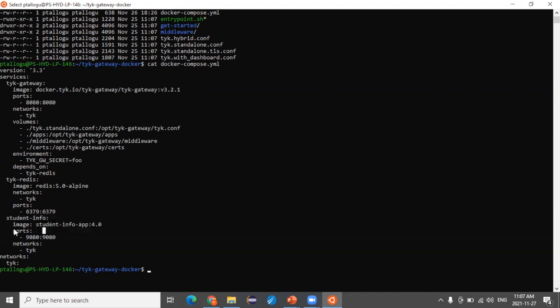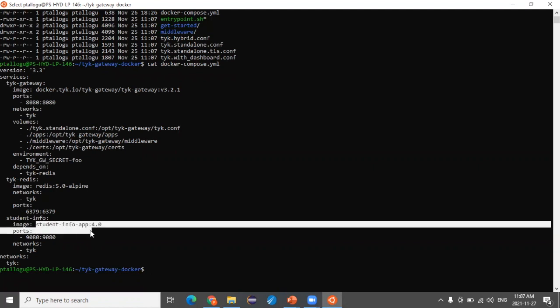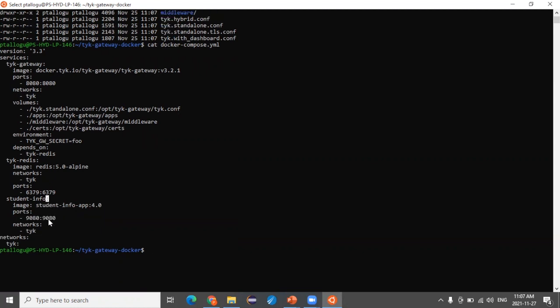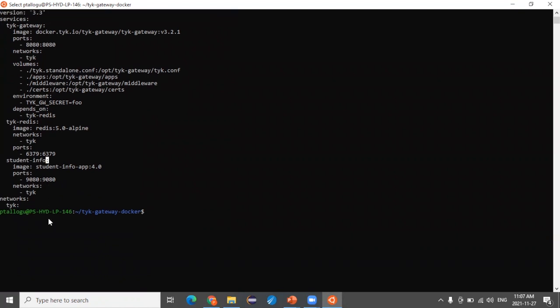So the extra lines that you see from the one that is downloaded is this image that I've built so that I can invoke it, and then the port mapping, and then the network, the same network that I'm going to use. So it's really as simple as saying Docker compose